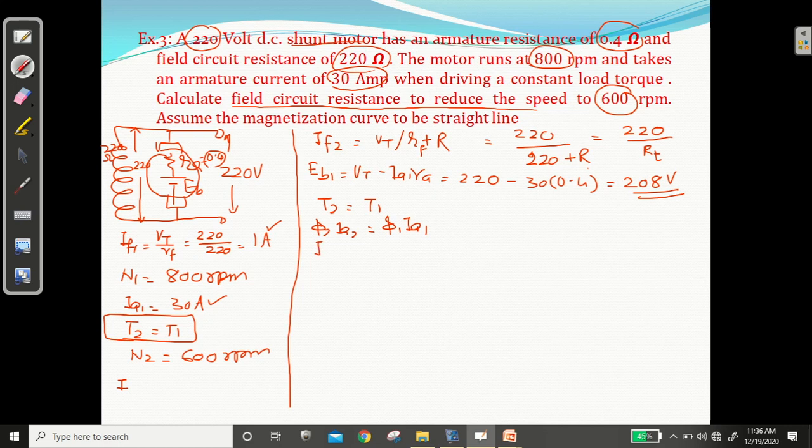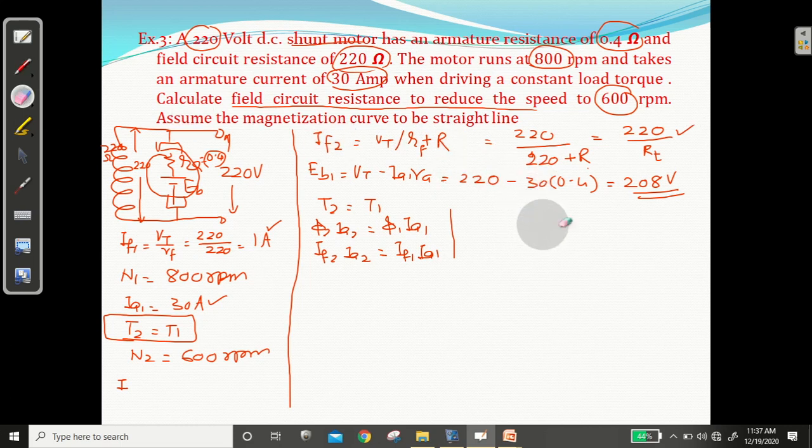Phi2 के बदले में can be say IF2 IA2 equal to IF1 IA1. Yes, we can. Who is producing the flux? Field current. So in place of flux Phi2 we can say IF2. Okay, so this is what we have to find. IF2 equal to क्या होगा? IF2 equal to, you can find IF2. Yes, ये निकाला ना मैंने. No need to find it. Okay, so I am rubbing it.